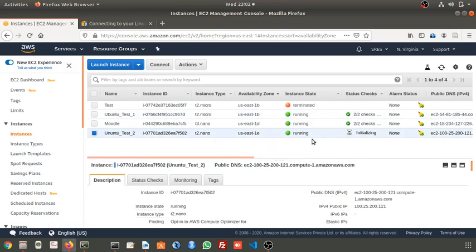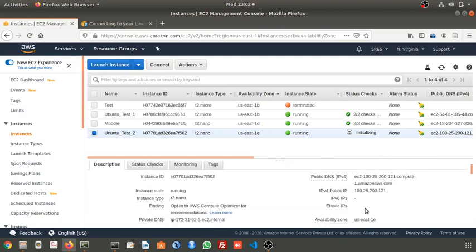It is running now. So the public DNS is this and the public IP is this. See, automatically it is getting created. The IP will be automatically assigned based on the availability zone. Now we are going to connect to this. It is copied now.